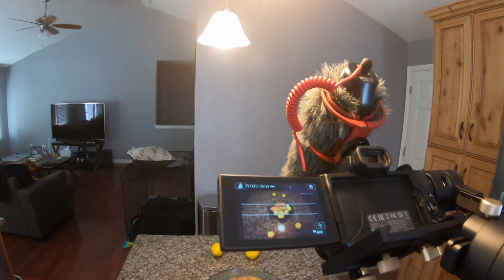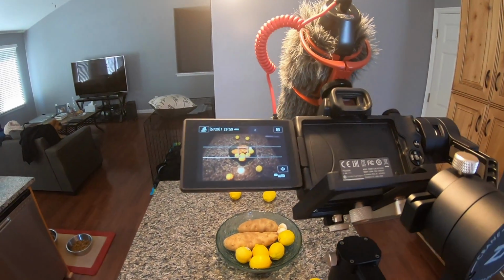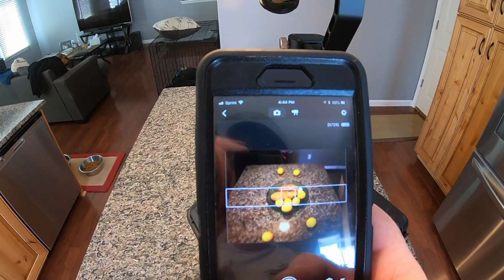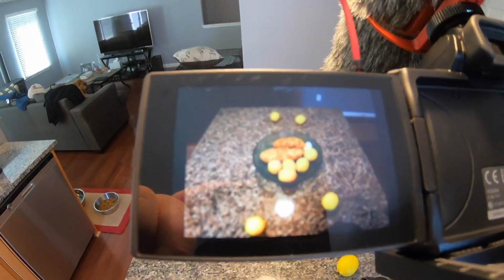Just takes a second. All right, cool. So now I have it on my phone. We have the same thing. So via Wi-Fi, it connects to my cell phone. So then I have a remote shutter here. I basically just hit the picture, and on the camera,